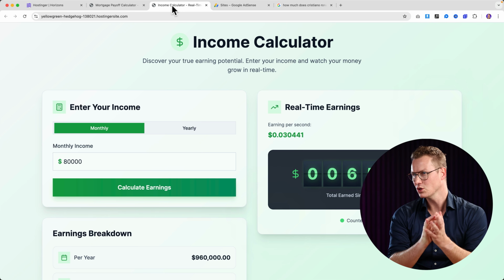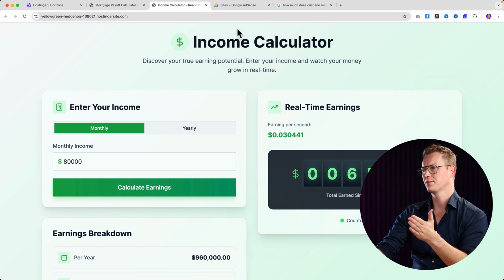But in order to make money, people need to click on the advertisements. In order for people to click on the advertisements, they need to go to my website. So I need to get traffic. How do we get traffic? By creating videos and placing them on TikTok and Instagram and YouTube. Right now, that is the best way to get traffic to your website. So how can we do that?